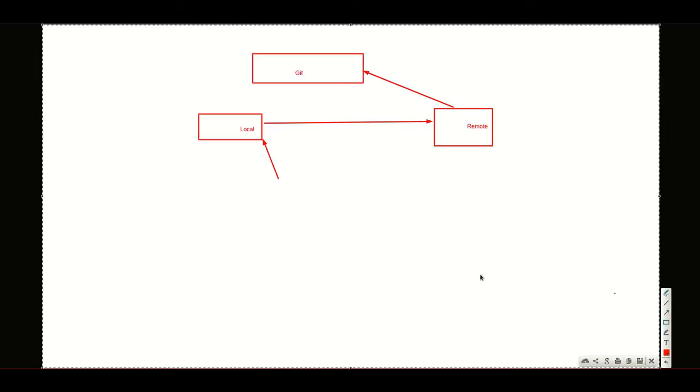Think you have multiple branches. This is the main development branch, this is your branch, this is your colleague's branch, and this is another colleague's branch. All are working together.